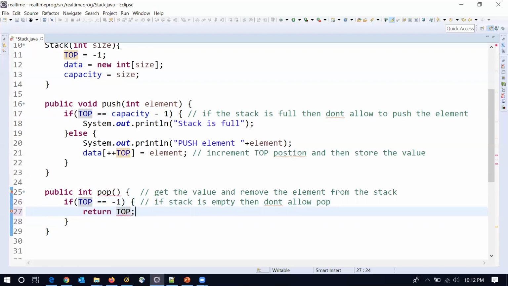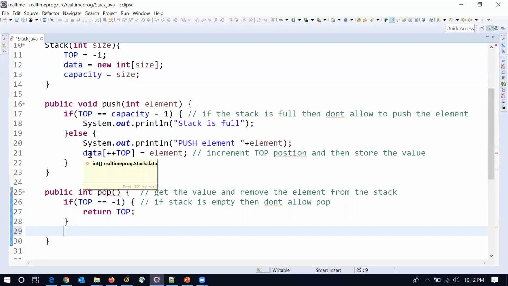So don't allow whatever value is there, try to return that value. But if the top is not -1, we can try to pop the elements. Now how to take the elements? Here the second point comes into the picture. So what we have to do first? First we have to take the element